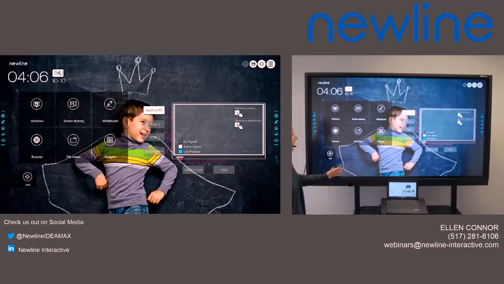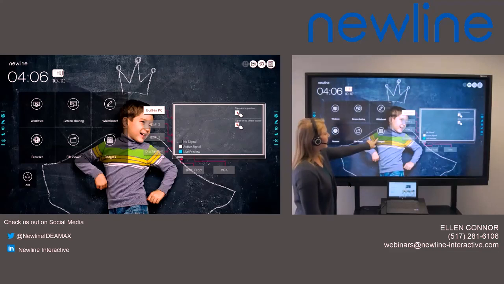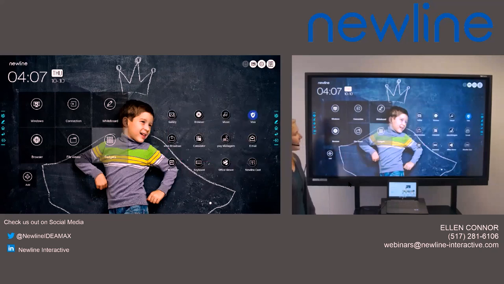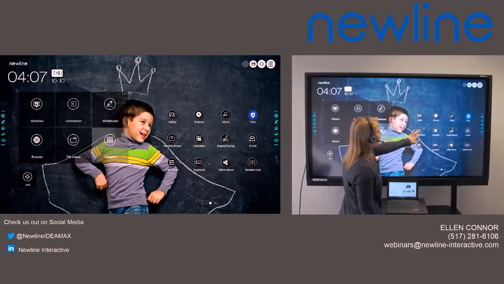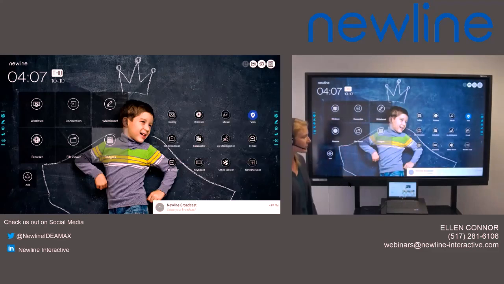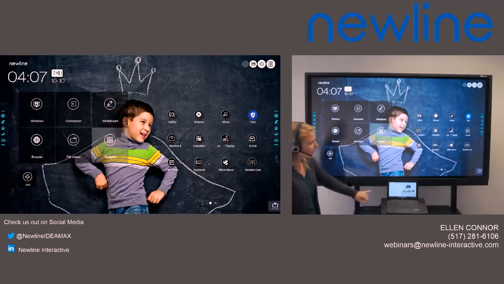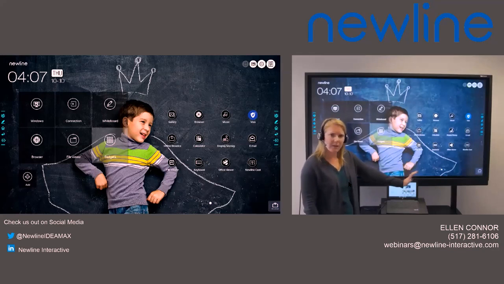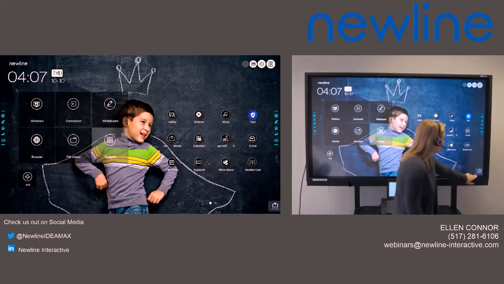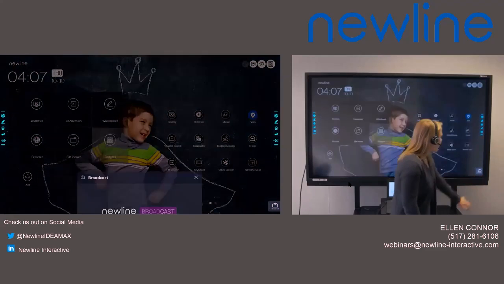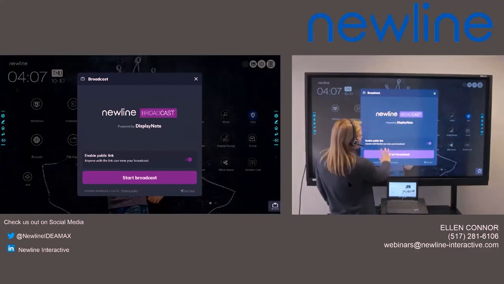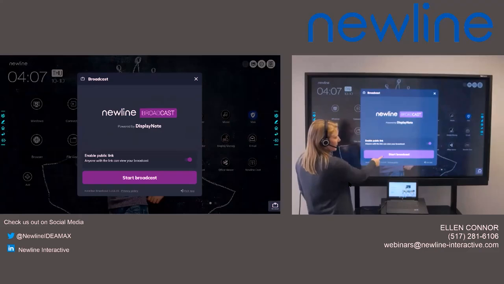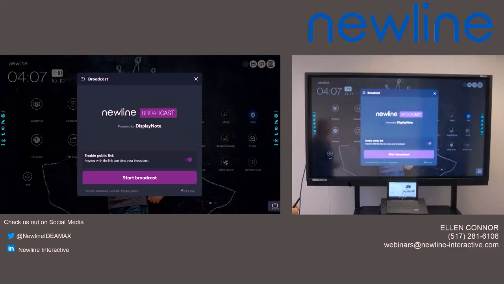On the panel, if I select our Gadgets button, hidden in there is going to be Newline Broadcast, and I'm going to go ahead and launch it. Down in the right-hand corner, off to the side so it's not very visible to anyone, I have a little broadcast symbol. When I tap on Broadcast, it will come up with this screen, and down at the bottom it says Start Broadcast. And when I select Start Broadcast,